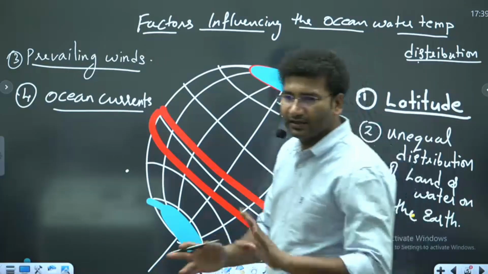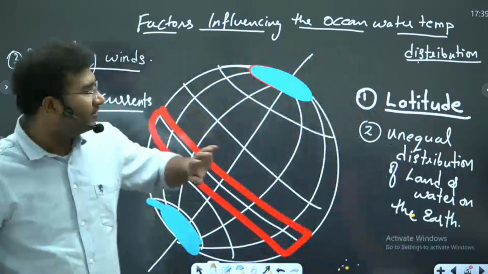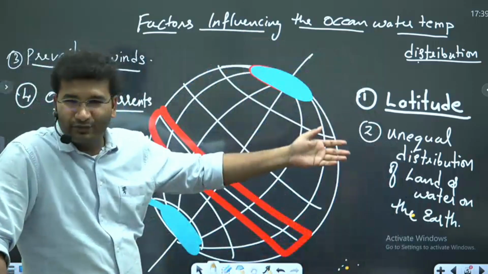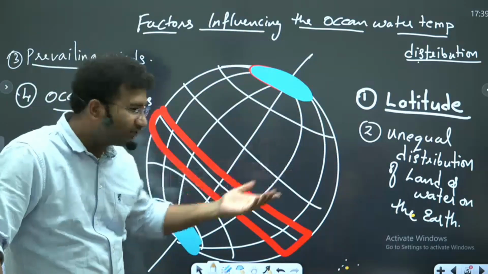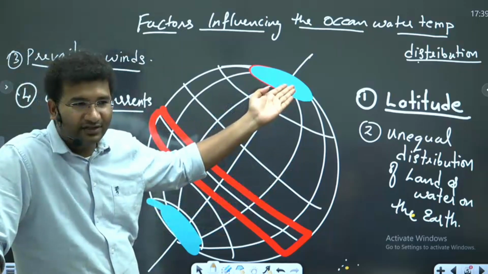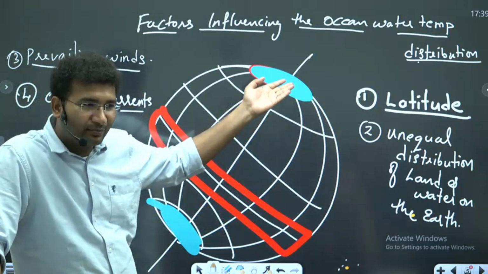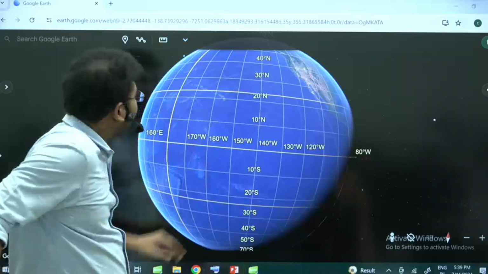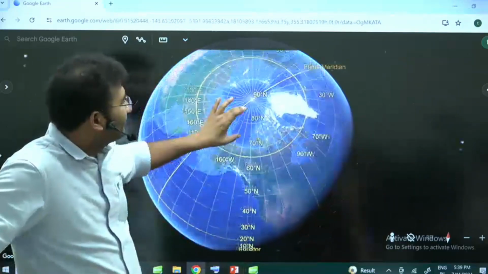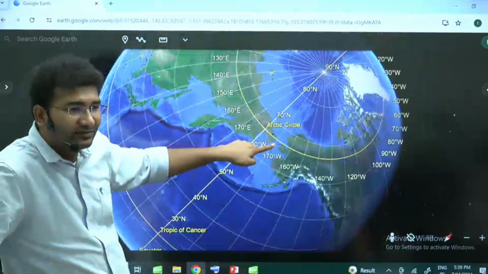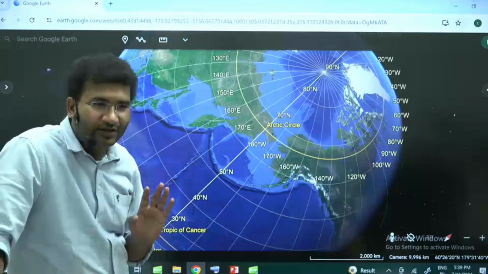Now these are the four major factors that are influencing the distribution of the ocean water temperature at any given place. Sometimes you look here, you can tell me, sir, there are offshore winds, there are onshore winds. Irrespective of offshore and onshore, latitude is the dominant factor with respect to the polar region, right? Can there be warm water here? No. Now, I can also tell you that, sir, there are easterlies here. Don't you think that there should be warm water present here? But it doesn't happen like that.